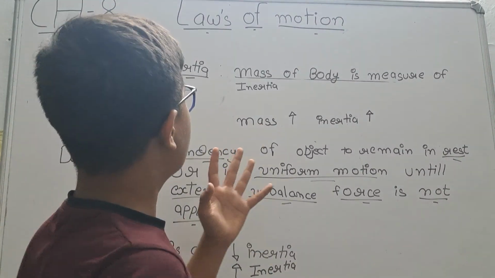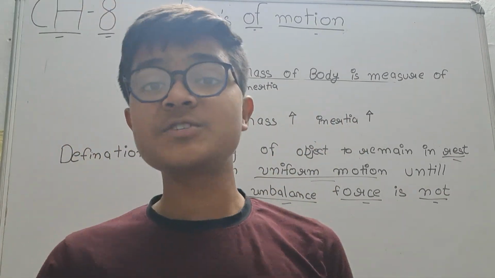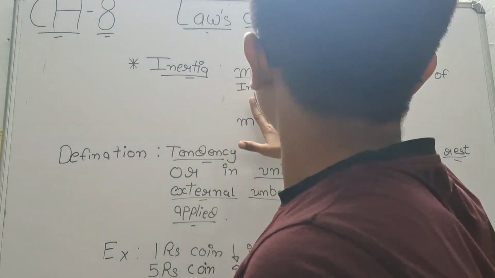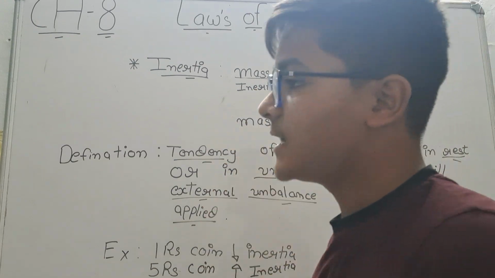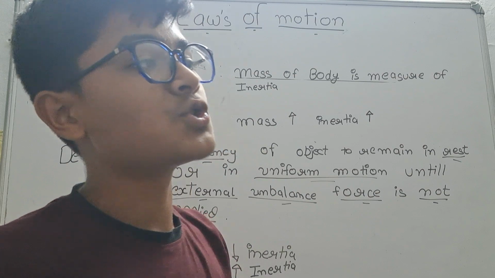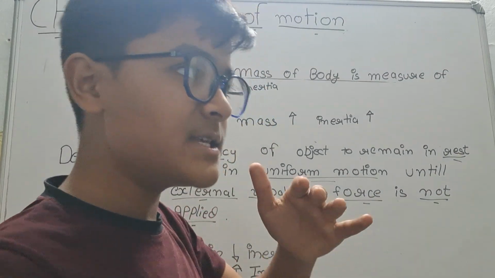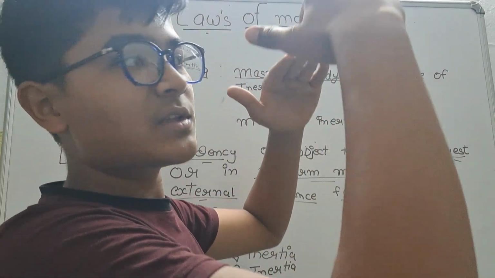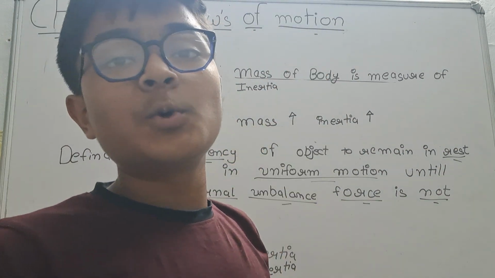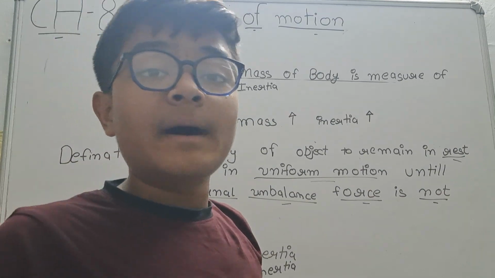So hello students, we are on Laws of Motion, chapter number 8. We have done force, balanced force and unbalanced force. Let's do inertia. What is inertia? The mass of a body is a measure of inertia. It means if the mass is more, the inertia is more. You can take the example of a train and a car. The mass of the train is more and the mass of the car is less, so the inertia of the train will be more. You have seen that applying a brake in a train is very difficult because its mass is